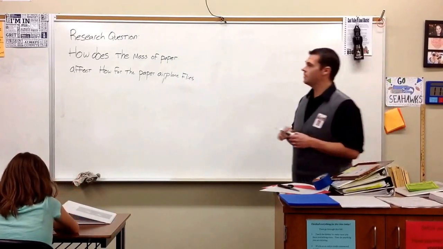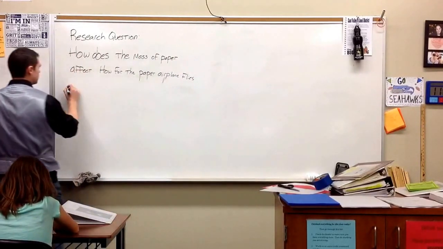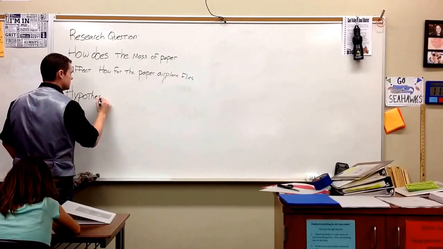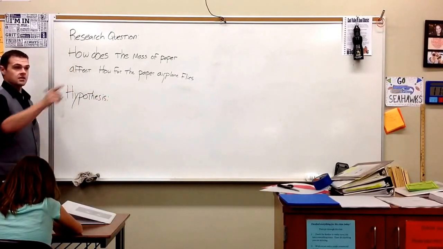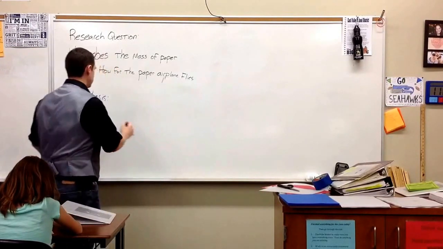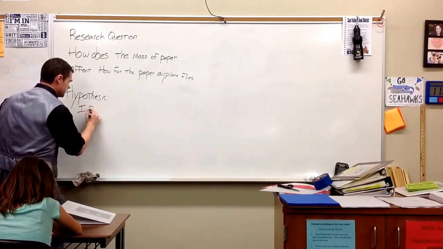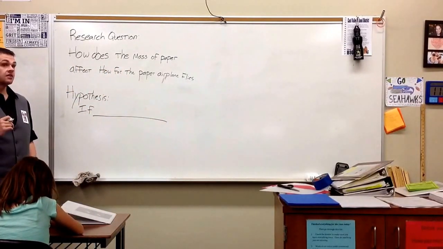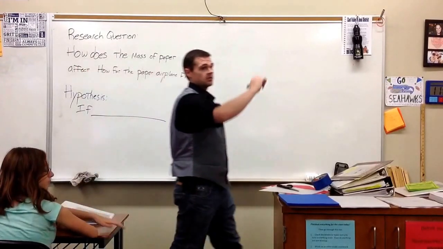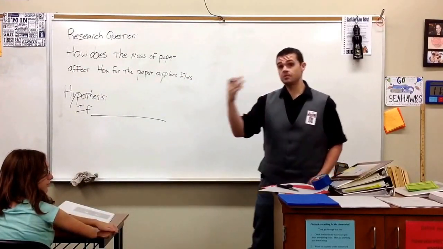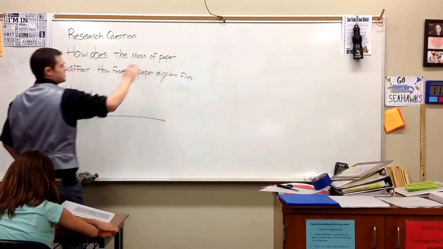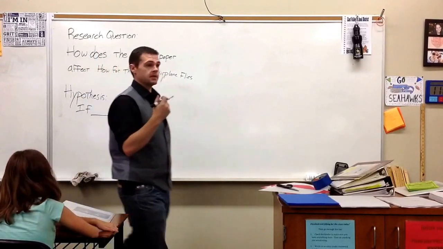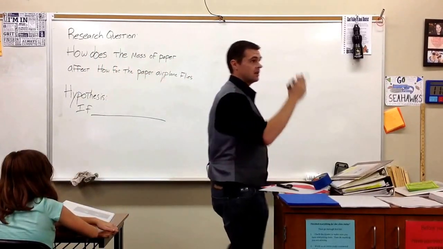Now, I want you to make a hypothesis. You're going to make your own. How do we write a hypothesis? Who can tell me? Yeah. If, then, because. Good. What comes after the if? What goes in the blank after the if? The IV, independent variable. What's the independent variable right now? The mass of the paper airplane. So you might say, if the paper airplane has more mass, or if the paper airplane has less mass, then